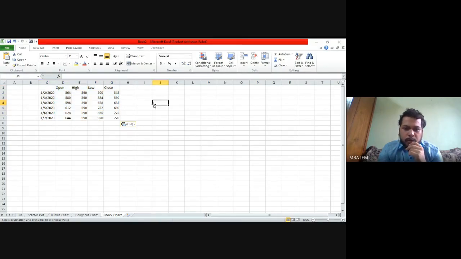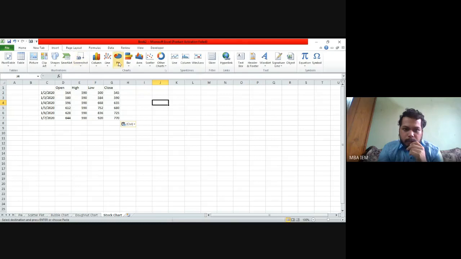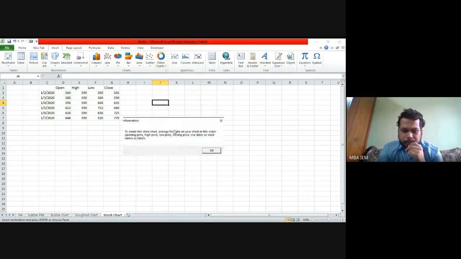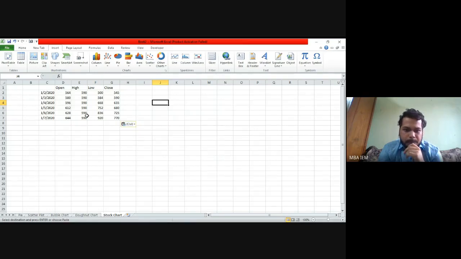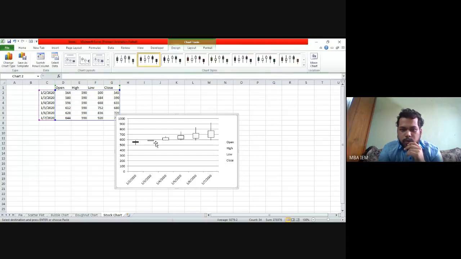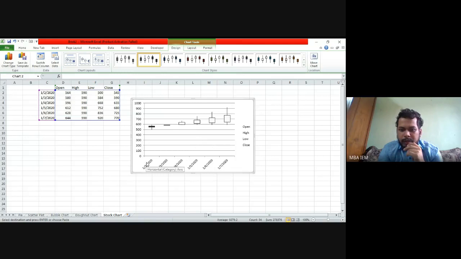So now what we need to do is we need to go to insert. We'll go to other charts. The first option is stock chart. So these are the kind of visuals for the stock chart. We'll be selecting this one. Okay. So I'm just selecting this entire data set. Now I'll go to stock chart. So this is the stock chart. Okay. So this is the data, I mean the date. This is the data of the particular slot, and you can see that there is white and black, right?